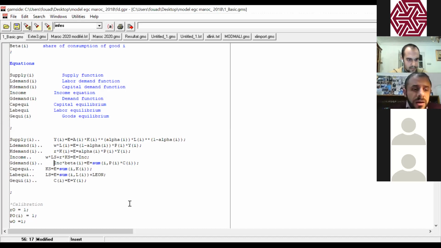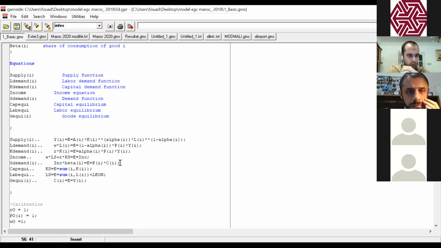Exactly. And here you have your left-hand side indexed with an I, while your right-hand side does not have an I dimension if I do the summation. So you can't do this. That's incorrect. You have to remove the bracket before beta, and then remove the sum that you have before the PI along with the index. In this case, all the goods demand equations will be defined over the index I. Okay?